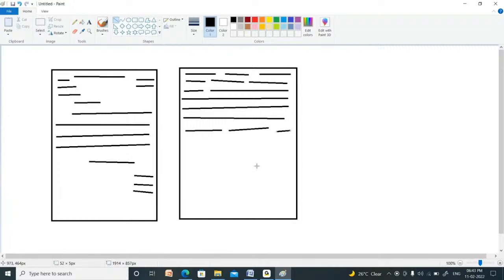Which one is correct? First one or second one? First one is correct. Second one is not correct. Here you did not follow any format. To write a letter, there is a specific format. You have to follow that format. Here you did not follow the format, but wrote the data in continuous manner. The data here is not continuous, but in a specific format. Now this is the right one, this is the wrong one.